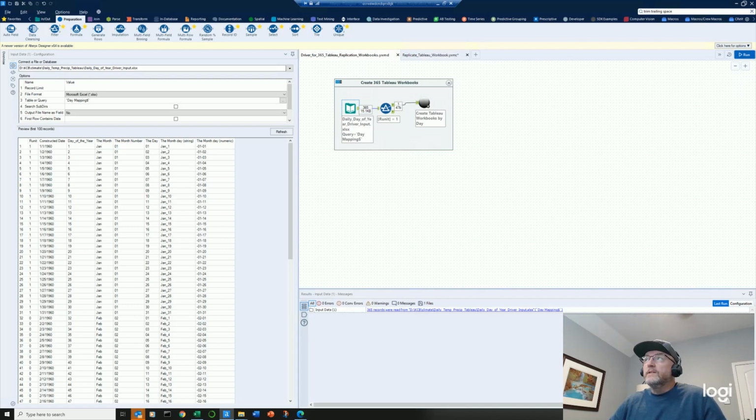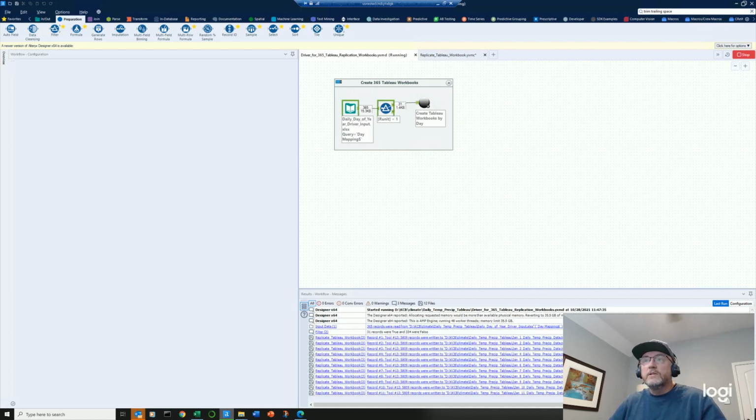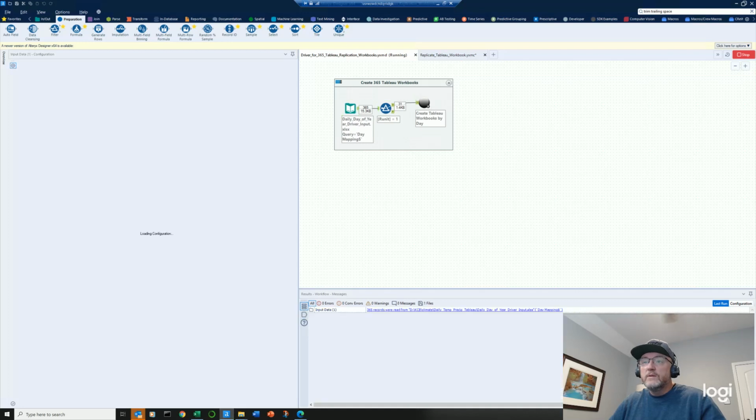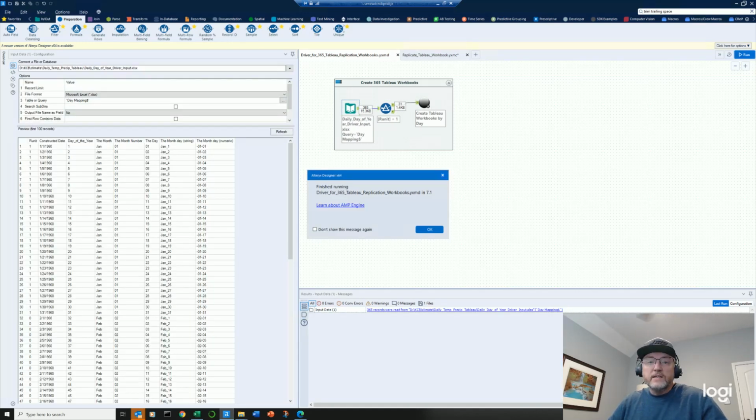So if we run this now, we're going to be taking that template file and creating 31 copies of it, 31 individual Tableau dashboards, workbooks. There you go. It took a grand total of 7 seconds to create 31 Tableau workbooks. So that's another batch macro example, a beautiful example, very powerful for you if you need to do replication of Tableau workbooks